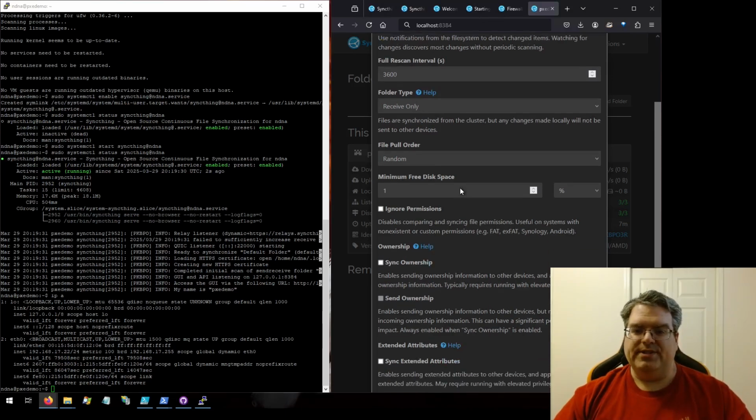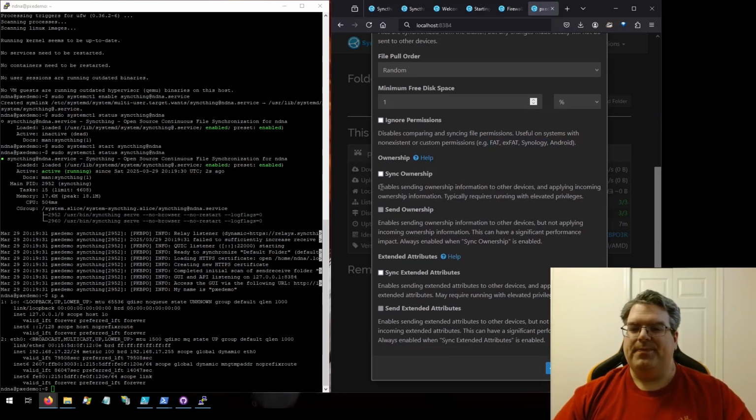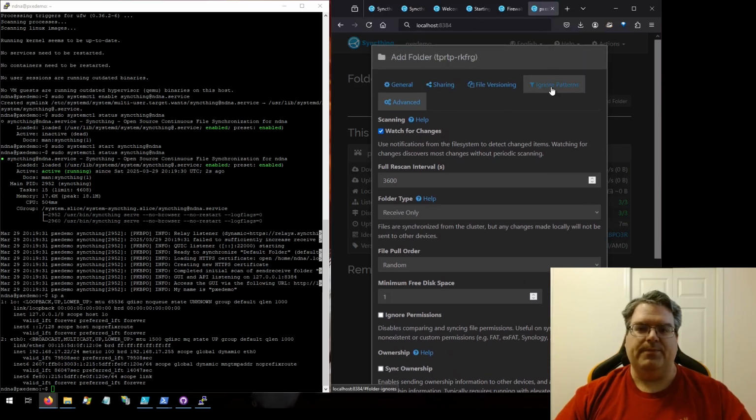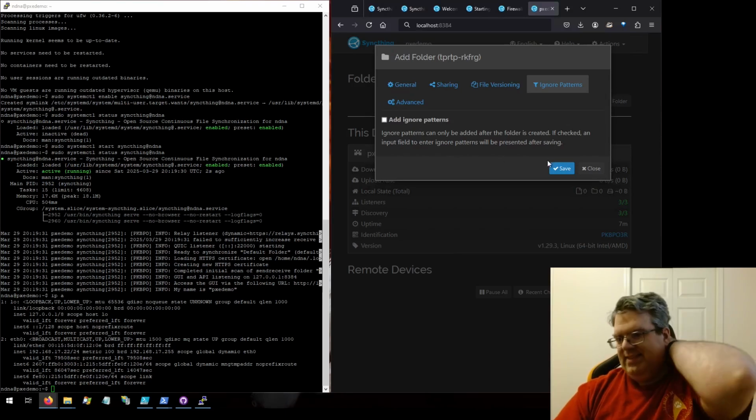Random pull order is fine. Ignore permissions is useful on some particular systems or file systems. Sync ownership, send ownership, sync extended attributes, send extended attributes. I'm not going to touch any of that stuff for the most part. Ignore patterns. If you save it like this,